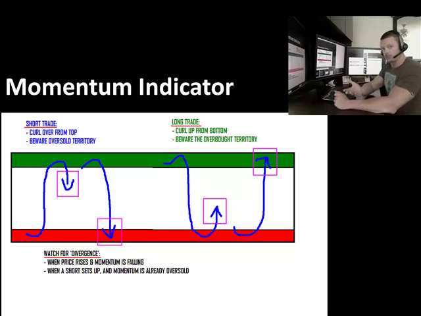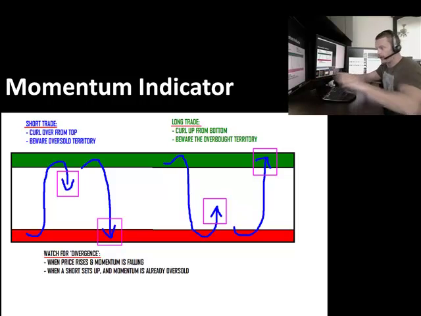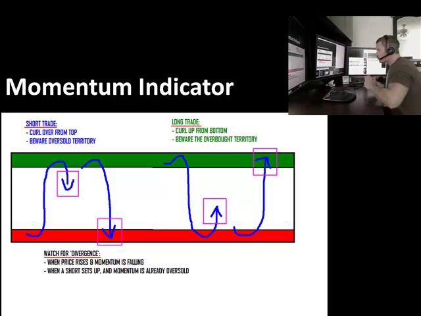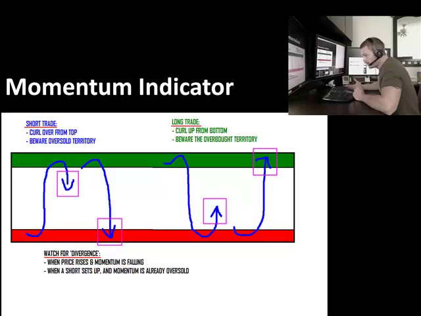Divergence is a sentiment tool, not to be confused with a trade pattern. Divergence means diverging from the mean, right? One going in one direction, the other going the other direction. When price is rising and momentum is falling, that would be one reason to see divergence. So if you have a short pattern setting up and the momentum indicator is rising, pointing up, that's divergence,